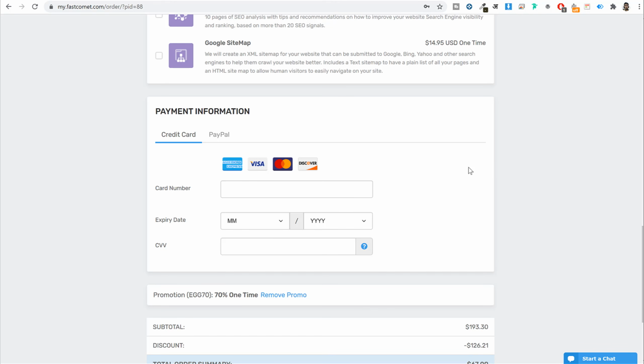Now the reason I'm saying this thing is because most of the people in India have the RuPay card. Now RuPay is a domestic card which is accepted only in India and it is not accepted outside India. So if you have a RuPay card, or some other card, make sure you get your card updated or upgraded to Visa or MasterCard.